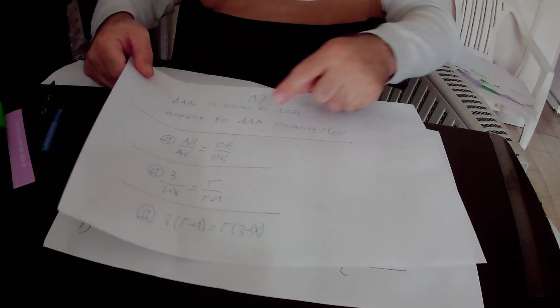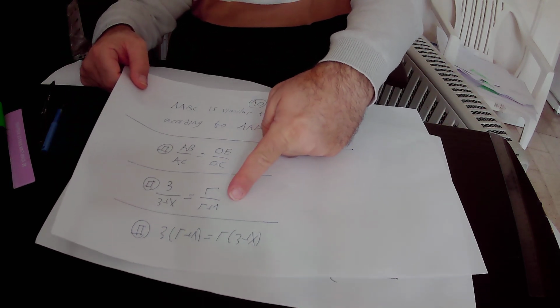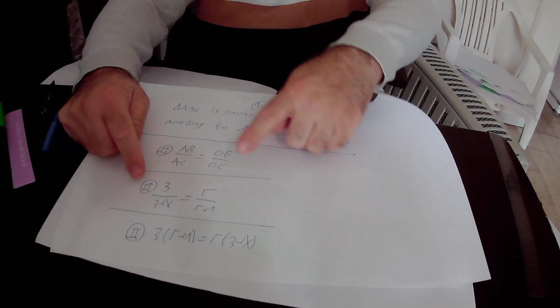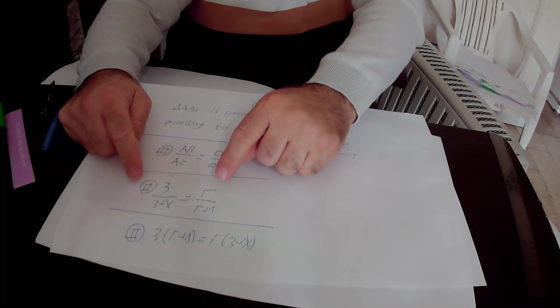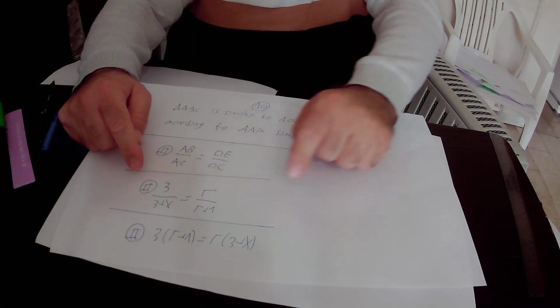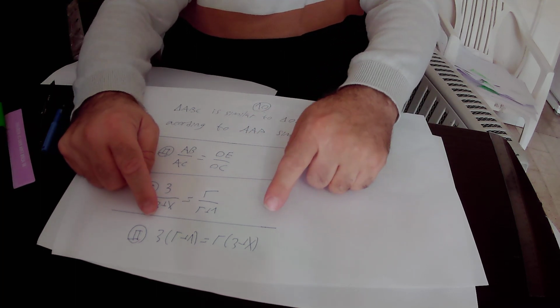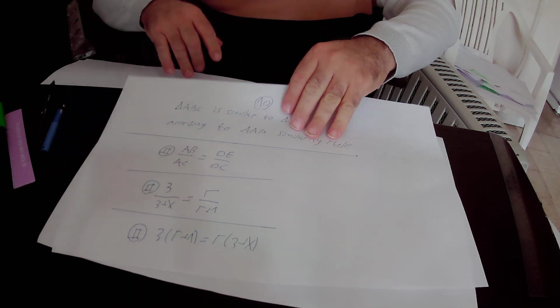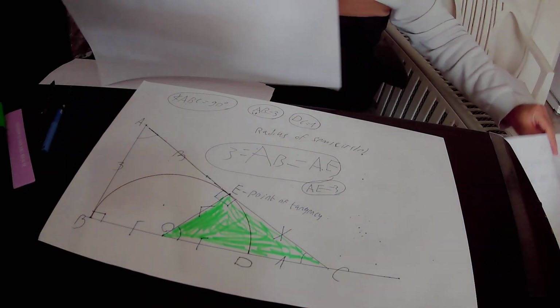Okay, OE equals R and OC equals R plus 1. So in total we got that 3 over 3 plus X equals R over R plus 1. Here we cross multiply the equation number 2 and we got that 3 times R plus 1 equals R times 3 plus X. We open the brackets in equation number 2 and we got that